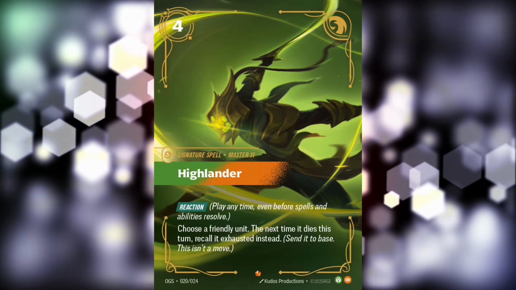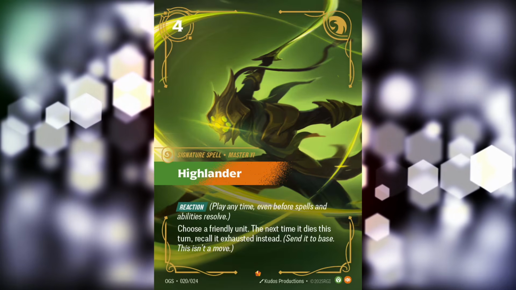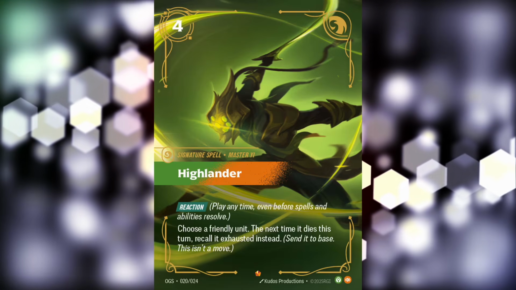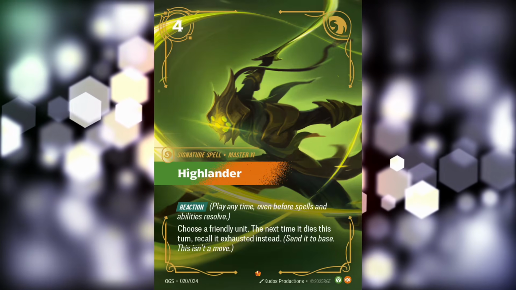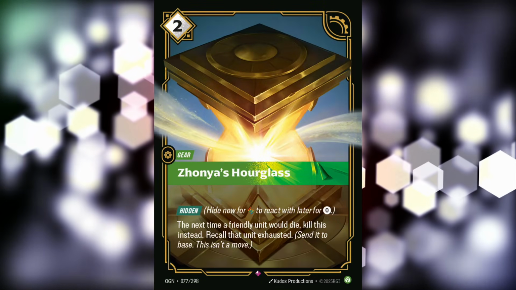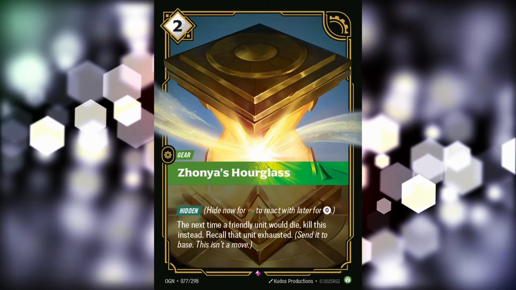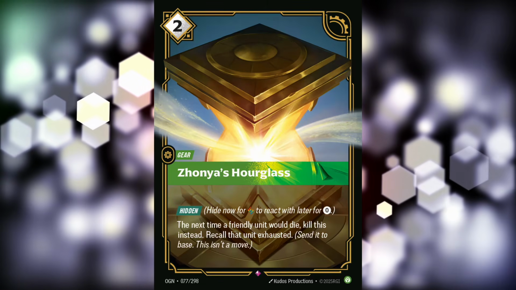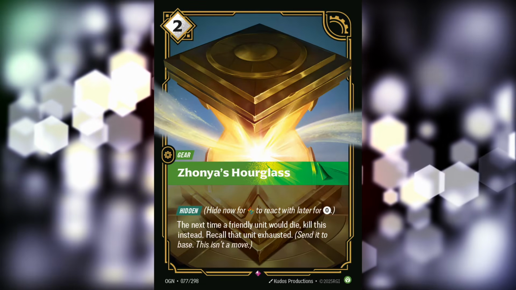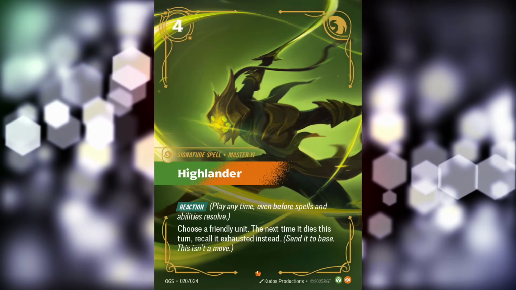That's a pretty nice effect to have in this deck, although its cost is quite high, I think. This is just a basic protection spell. I don't think its cost is very great for its effect. We already have Zonya's Hourglass, which is either 2 energy or 0 if you play it hidden. It does cost power though, so there is a difference there, but I think you would rather just play Zonya's